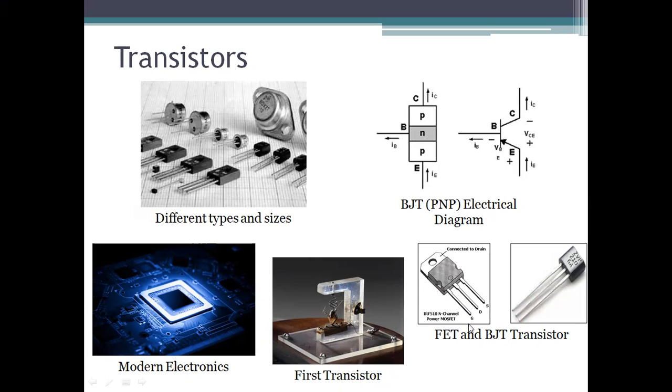For FET we have to represent gate, drain, source. So FET has the terminals gate, drain, source. For BJT the terminals are named base, collector, and emitter. See, here you have a direction. If this particular direction is inward, then the transistor is said to be a PNP transistor. If this direction is outward, then this particular transistor is said to be NPN